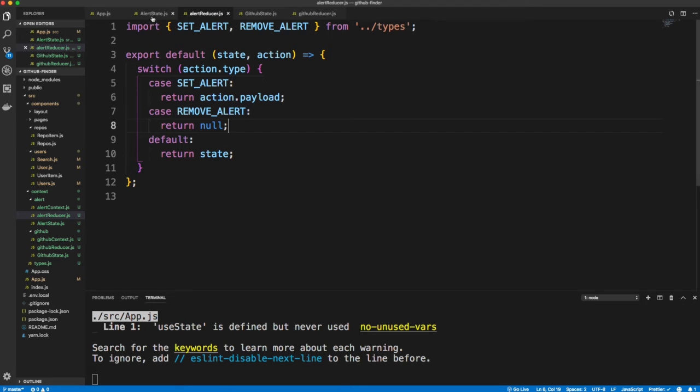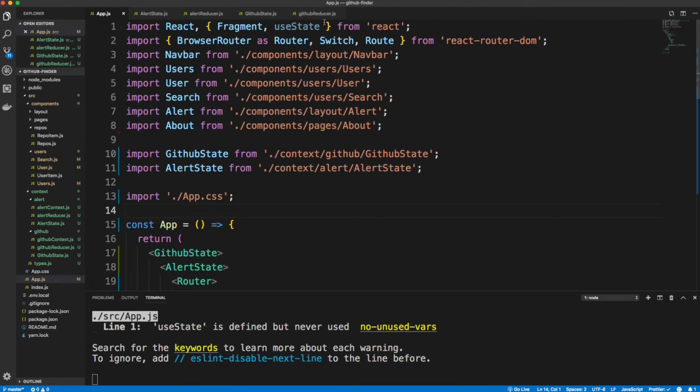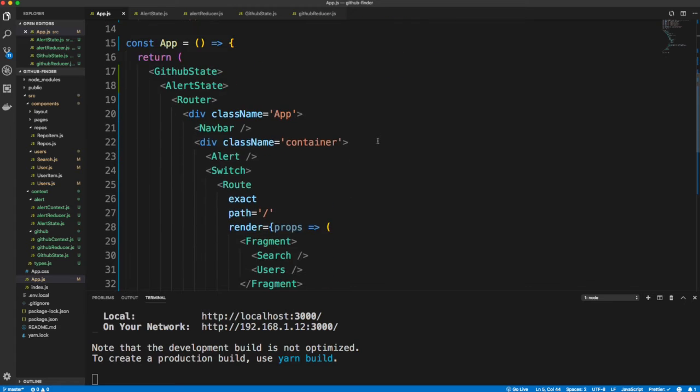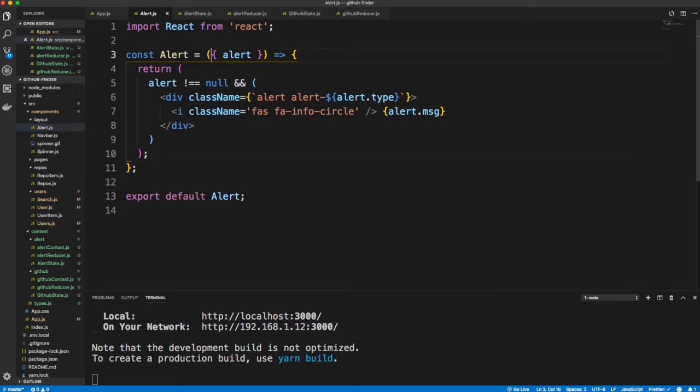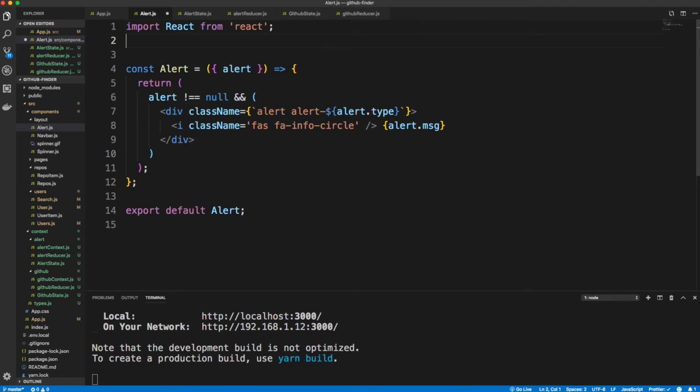So let's see. In app.js, we no longer need use state, because we're not using any component level state. It's all coming from context. And we got rid of all of our props that we were passing in. So now in the alert component, which is in layout, alert.js, we're no longer passing this in as a prop, right? So we need to bring our context into this component. So let's import alert